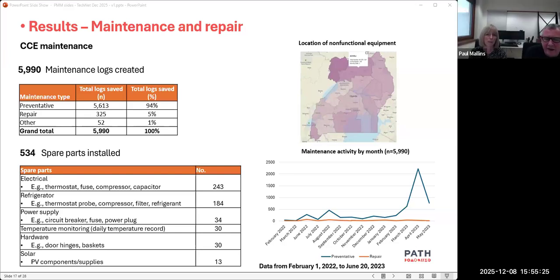Yeah, and just to add to that, we deliberately chose to use 30 DTRs because they were mandatory with all of the procurement of our pre-qualified fridges. So we were confident that there would always be a 30 DTR. But of course, in the future, we're looking to all the other temperature monitoring devices.